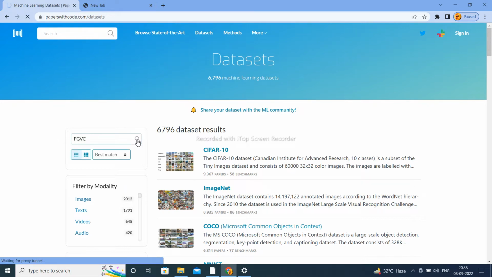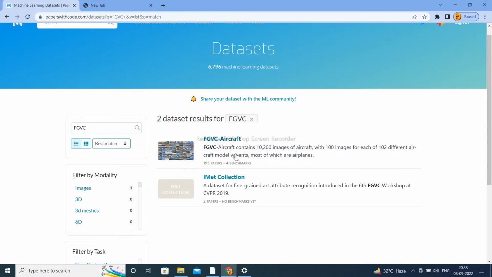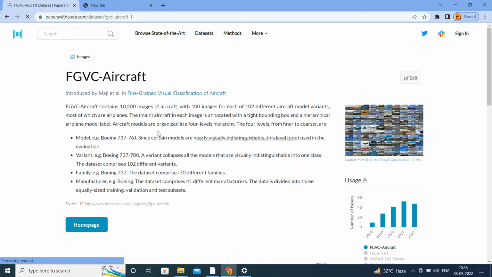Please wait, my network is slow. Here the FGVC Aircraft dataset is present, an image collection among various datasets. The FGVC Aircraft dataset contains 10,200 images. Now click here, then we receive detailed information regarding the FGVC Aircraft dataset.